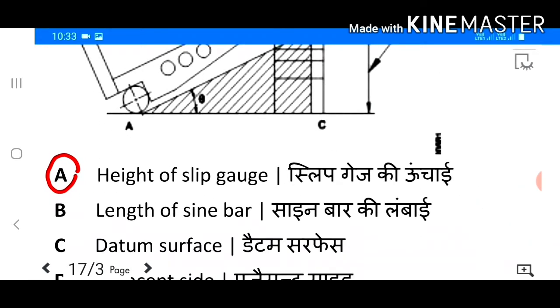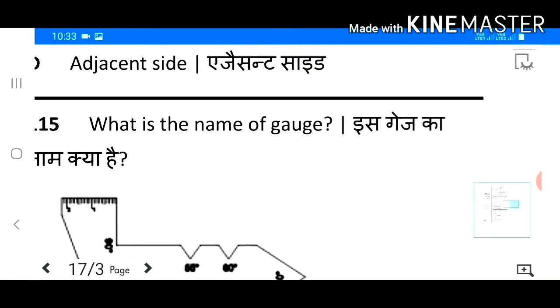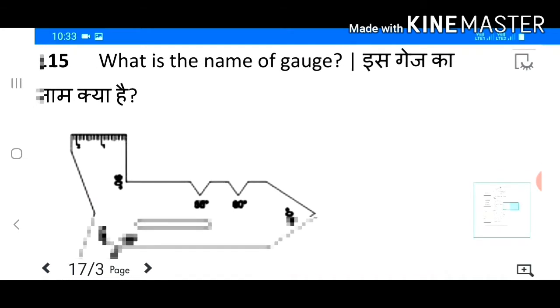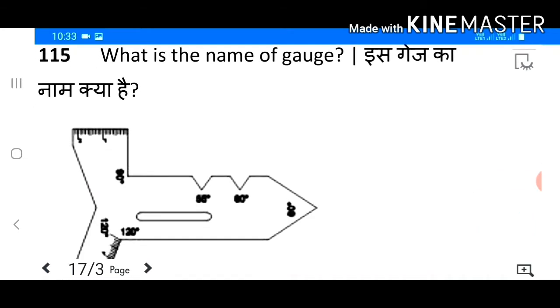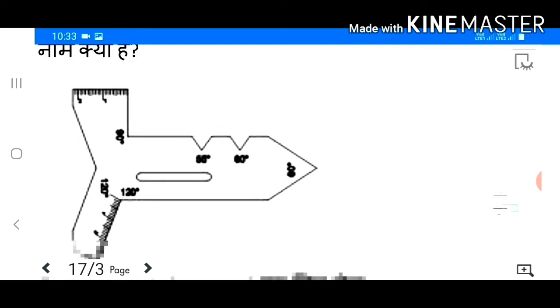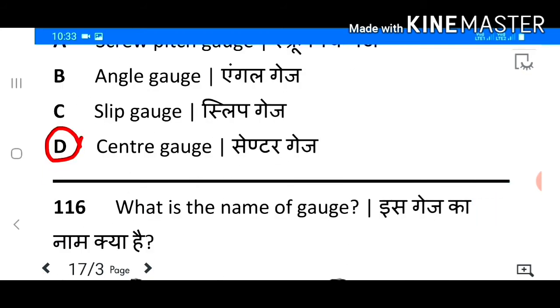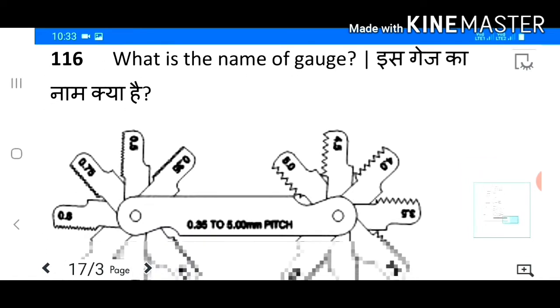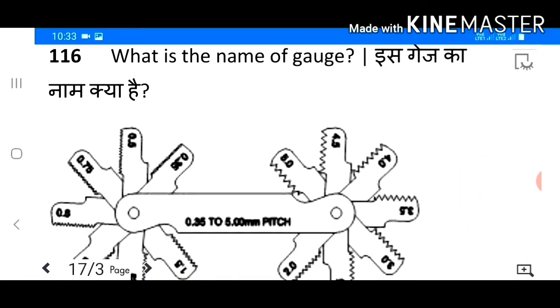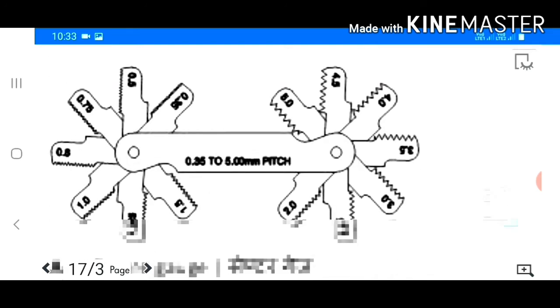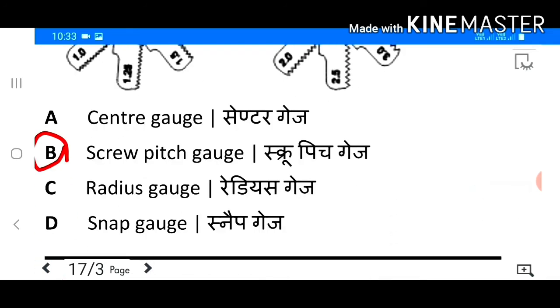Answer A. Height of slip gauge. 115. What is the name of gauge? Answer D. Center gauge. 116. What is the name of gauge? Answer B. Screw pitch gauge.